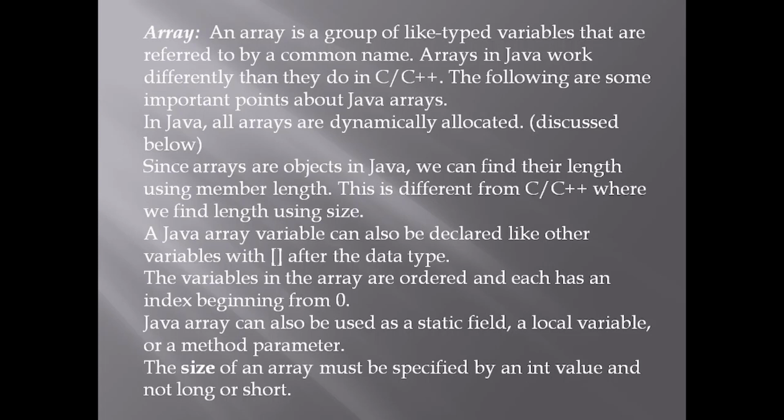And the other thing is, a Java variable can also declare other variables. Like an array, we have return types of array, and we can pass a value of array type in our methods. That's all. You will understand after you see all the videos. So let's move to the code representation